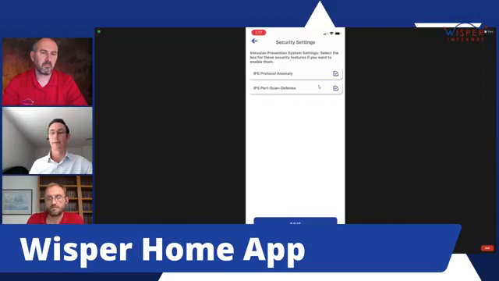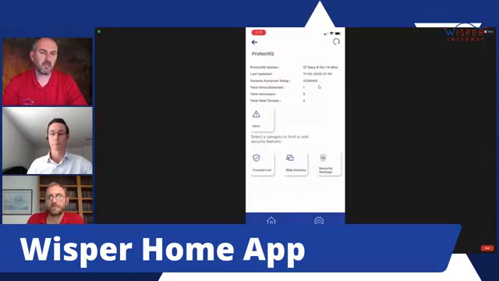And then you'll have that additional layer of protection that's running within your home as well. Very good. And those are not automatically checked, so someone will have to go in there and check mark those. Correct. They're not automatically checked. You will have to go in there and check those. So if you have the Wisper Home plan, you will want to go in there and make sure that